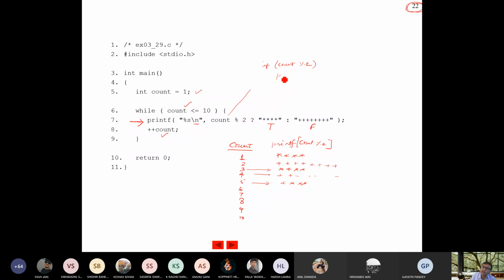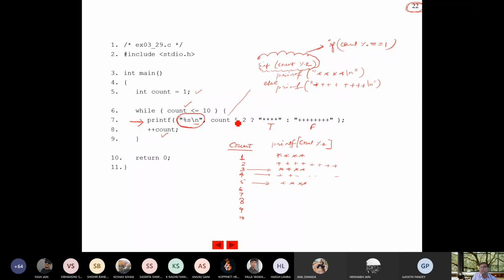If count mod 2, then printf 1 2 3 4, slash n, and else printf plus, slash n. And this particular statement is equivalent to if count mod 2 equals 1. Both are identical.